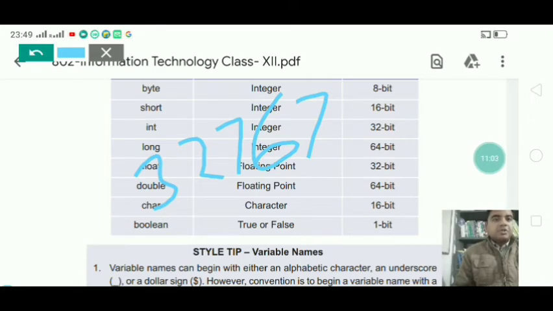Within this range you can take any value for short data type.